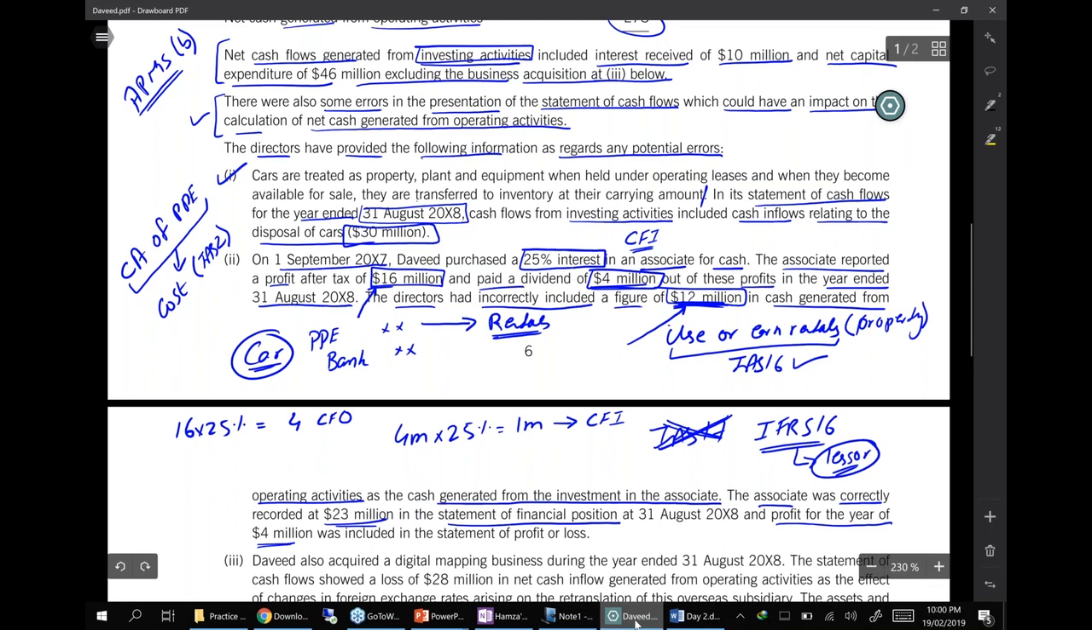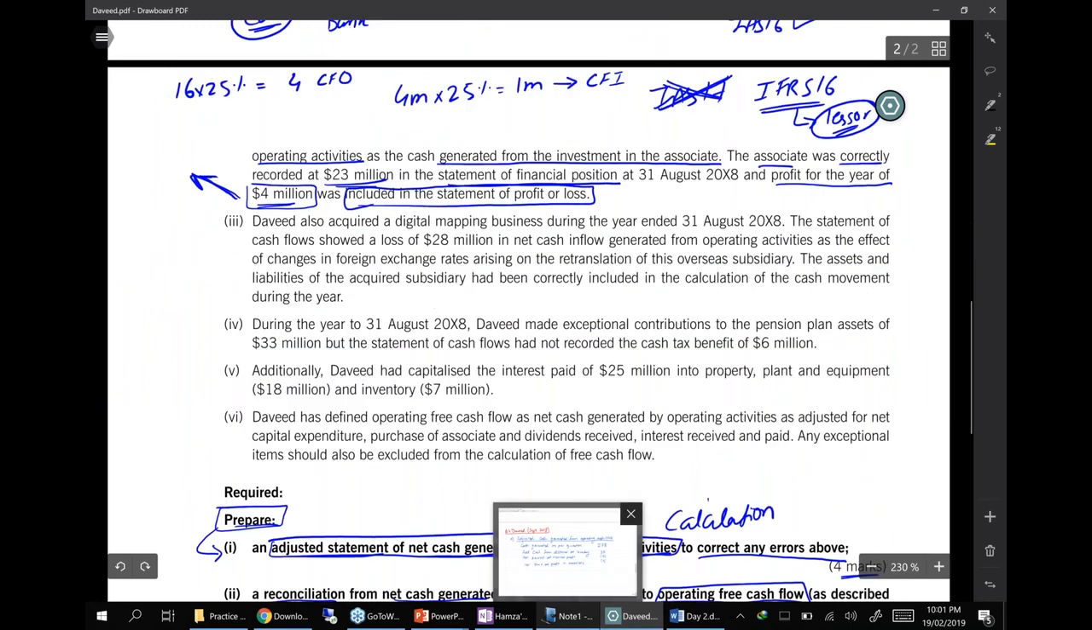Let's move to adjustment number 3, where the question says that David also acquired a digital mapping business during the year ended 31st August 20x8. The statement of cash flows showed a loss of 28 million in the net cash inflow generated from activities as the effect of changes in foreign exchange rates arising on the retranslation of this overseas subsidiary. So here is another problem. What is the problem? In case of a foreign subsidiary,